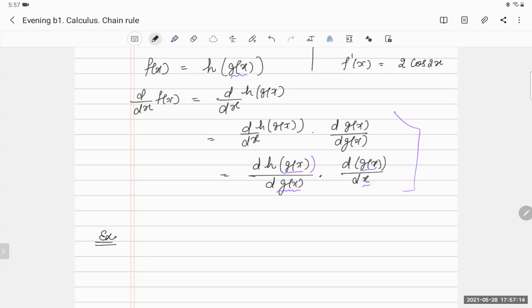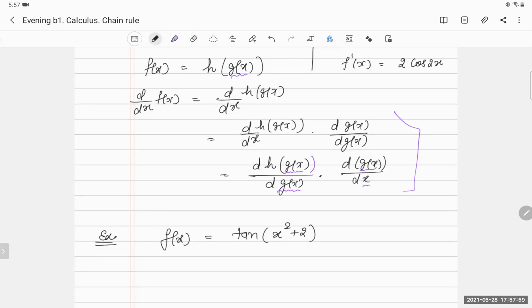If I give you an example, tell me any complicated function you want to give me. e to the power e to the power... that is from the exercise, right? Okay, something other than this. Suppose all of you know what is the differentiation of tan x. It is sec square x. But now I will make it a little bit complicated. I will say tan of x square plus 2.